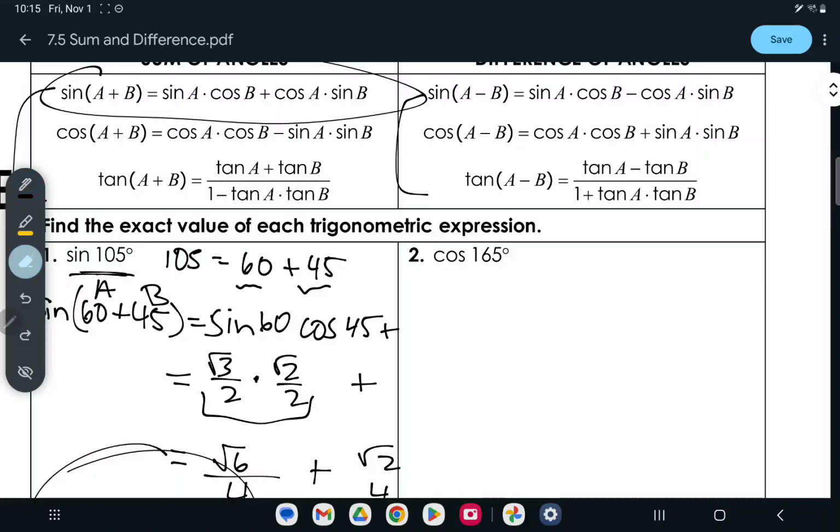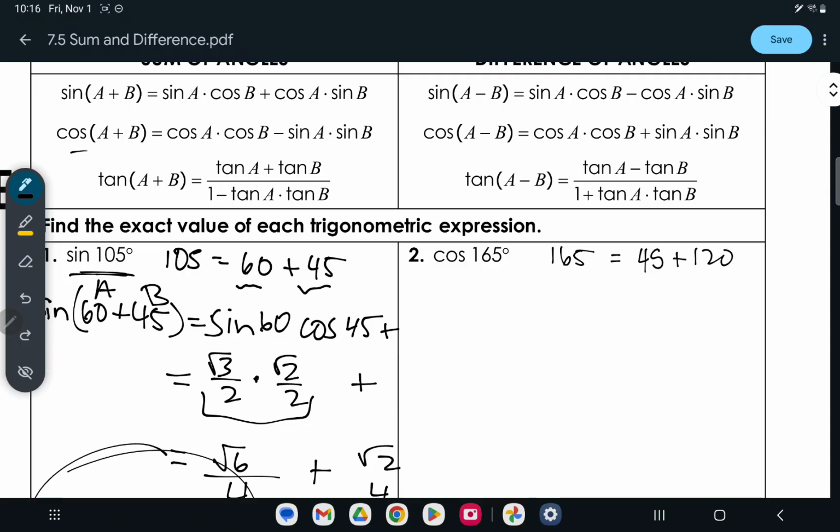All right, now we're going to look at a cosine one. So cosine, let's see, how can we break up 165? Honestly, it's just going to be guessing and checking on some stuff. How about 45 and 120? So I'm going to use the cosine one now. So cosine of 45 plus 120 is cosine of 45 times cosine of 120 minus